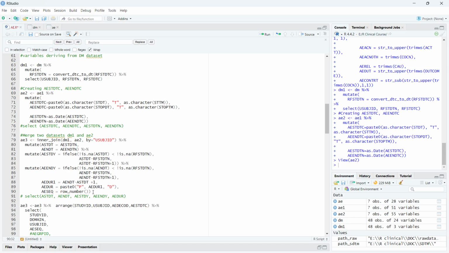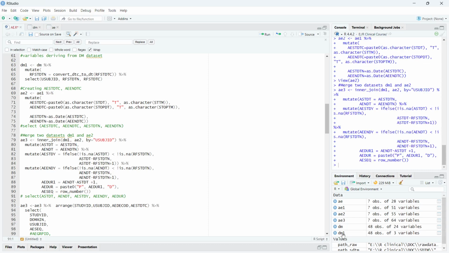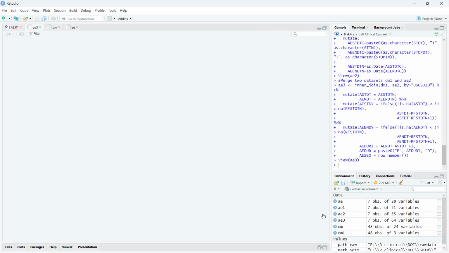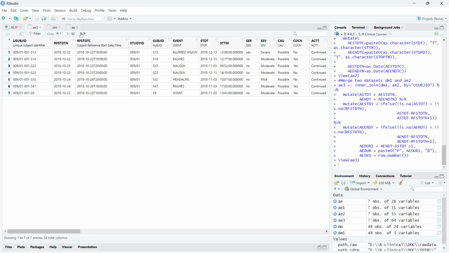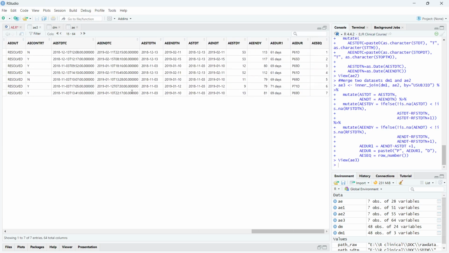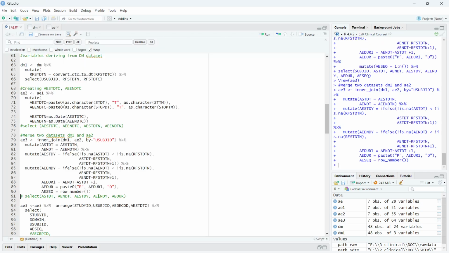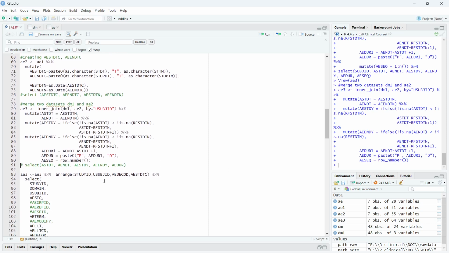Once we run this part, now I check AE3 here, the last part. So you see here 1, 2, 4, 5, 6, 7. Okay, so here we have a row number. Once we are done with this part, then we continue with the